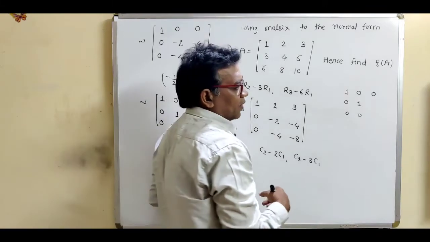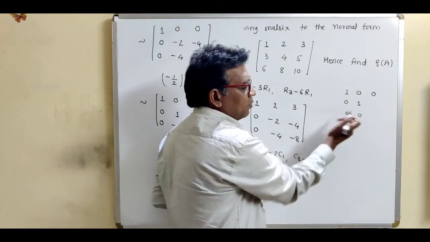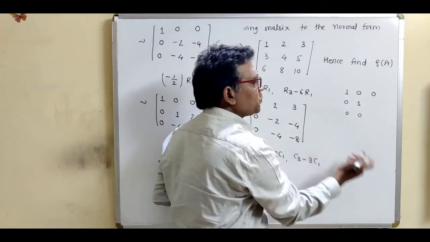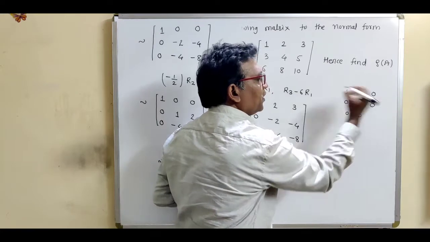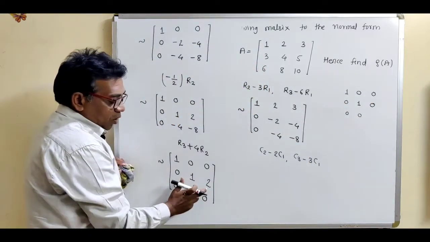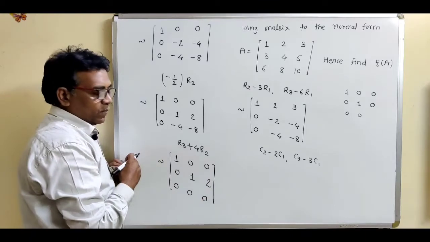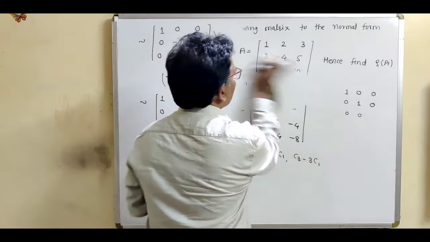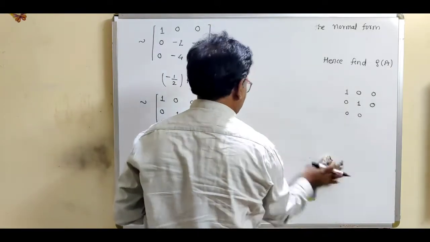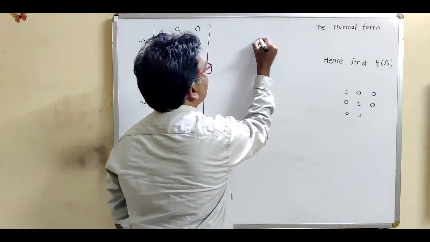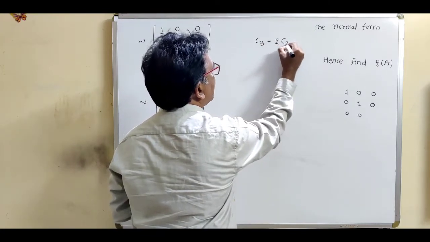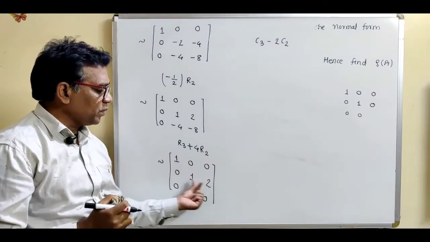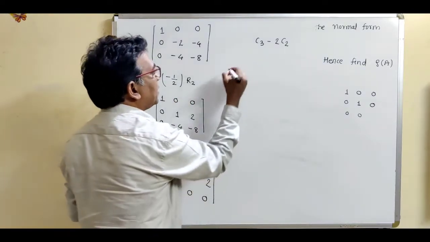So see, what is the next step? What is the second step? First of all, make next entry 1. By using this one, make corresponding column 0. Now make corresponding row 0. Now make this element a 0 element. So for this side element, we use the column operation. So write down the column operation. This is the third column, C3 minus 2 times C2. Just multiply second column by 2 and just take the subtraction, 2 minus 2. So obviously it is the 0 element.